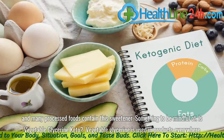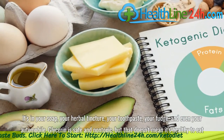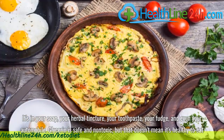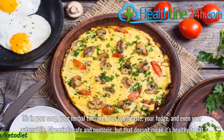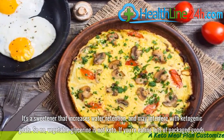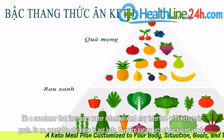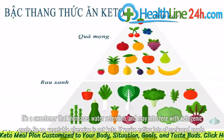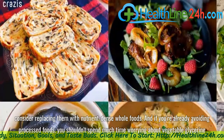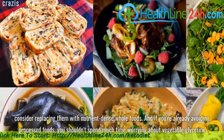It's in your soap, your herbal tincture, your toothpaste, your fudge, and even your automobile. Glycerin is safe and non-toxic, but that doesn't mean it's healthy to eat. It's a sweetener that increases water retention and may interfere with ketogenic goals. So no, vegetable glycerin is not keto. If you're eating lots of packaged goods, consider replacing them with nutrient-dense whole foods. And if you're already avoiding processed foods, you shouldn't spend